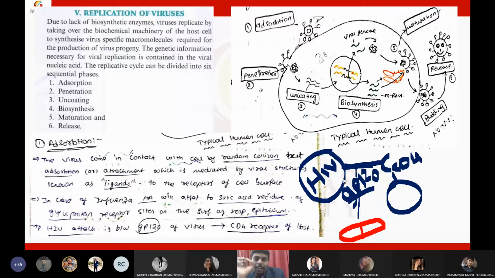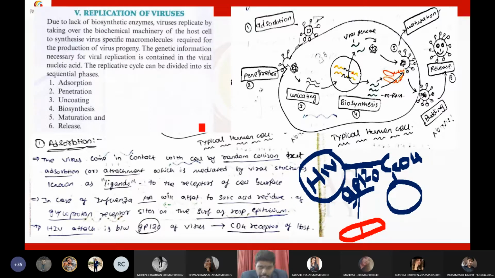By understanding the viral replication, we need to understand what type of receptor the virus is using to enter inside the cell, what type of receptor the virus is using to attach to the cell, what type of mechanism the virus is using to penetrate into the cell. So by understanding the viral replication precisely of individual viruses, we can develop drugs to treat the patients. So that's why viral replication is very important.